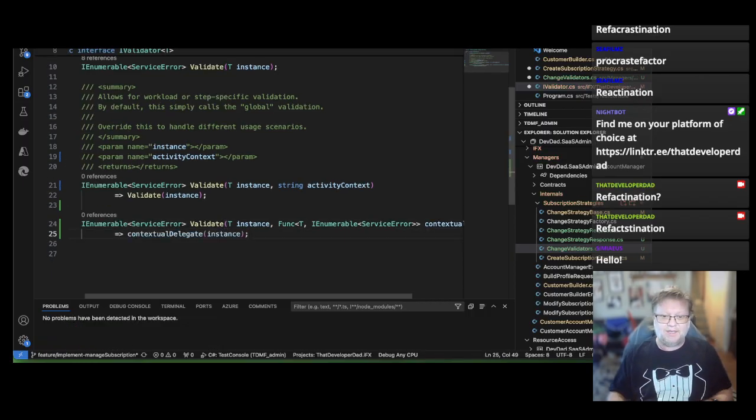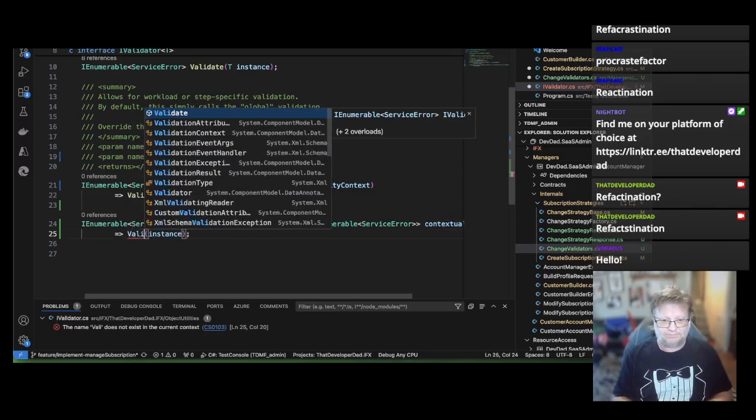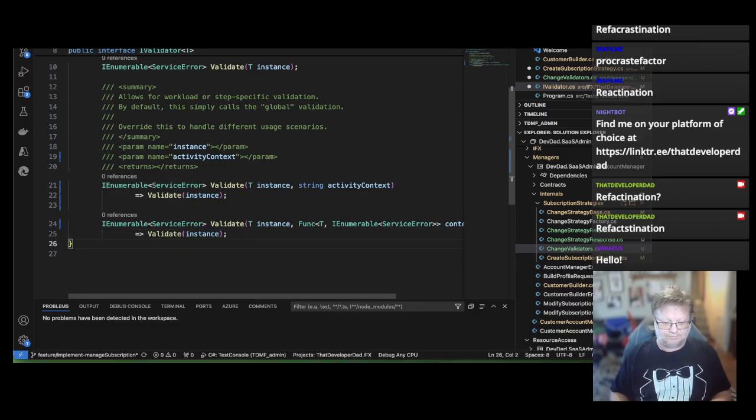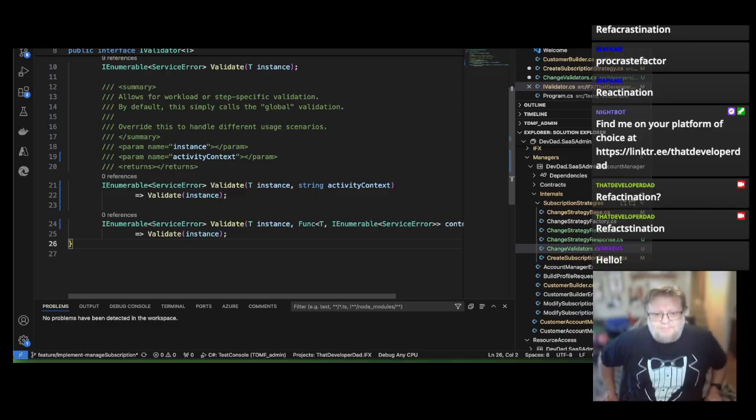And this guy, he's just going to pass through to validate instance by default. And then when we override it by manually implementing it on a validation class,